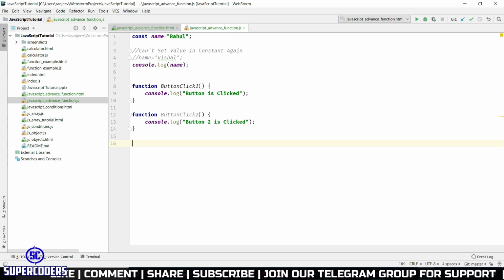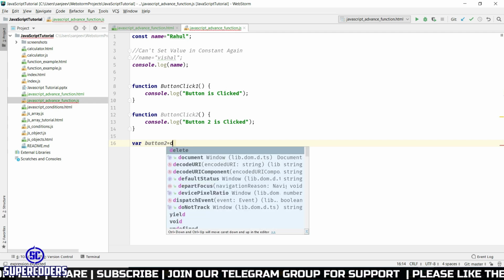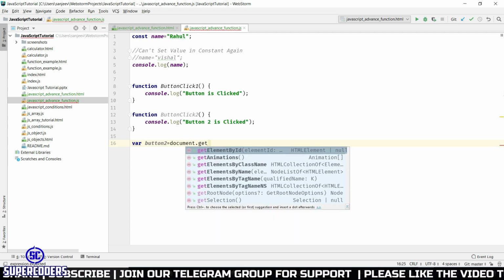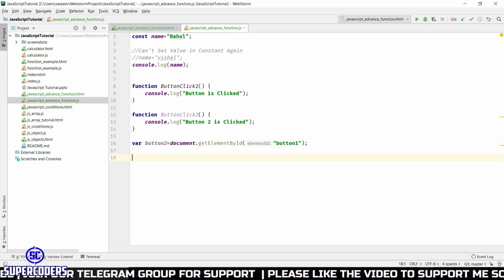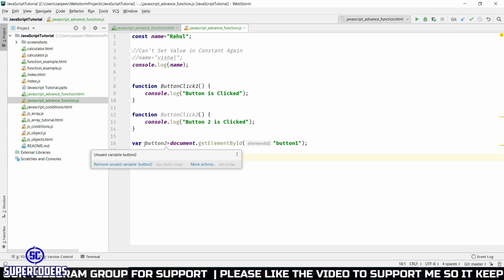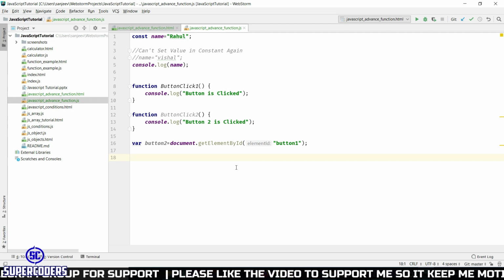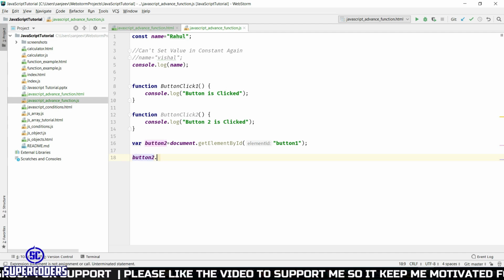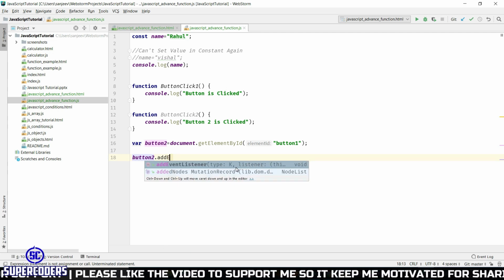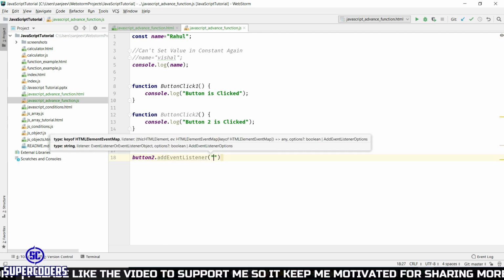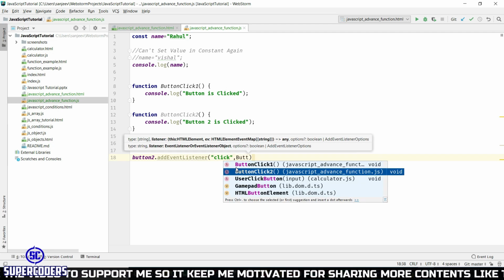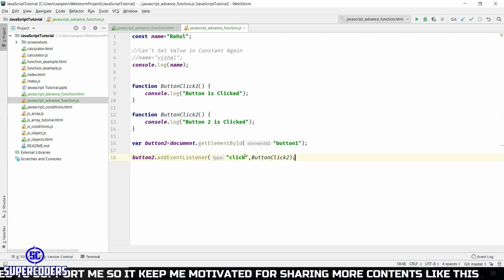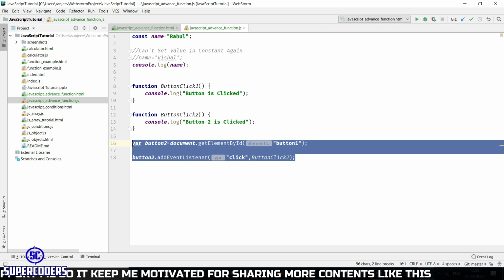So first accessing the button, so button2 equal to document dot getElementById, then passing button ID, then come here below, then linking this button to an event listener. So calling method button2 dot addEventListener, then in event listener passing event which is click, then passing function name. So function name is button click 2. So in this way you can link a button to a function using JavaScript.